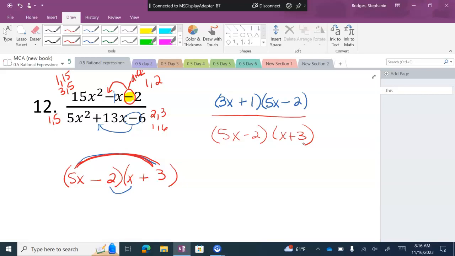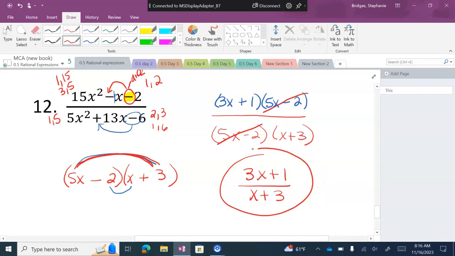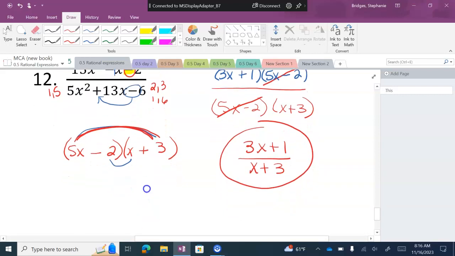What can I get rid of now that I'm finished factoring? What's the same? 5x minus 2. So at the top, I have the 3x plus 1. At the bottom, I have the x plus 3. Can any of that be simplified any further? No. Okay, so the factoring might be a little bit